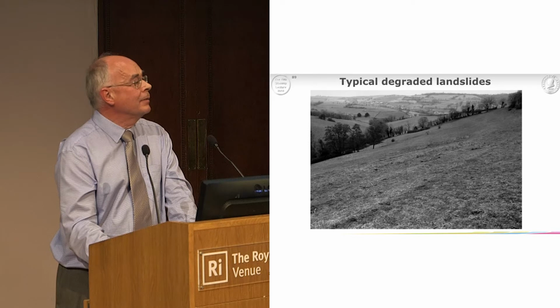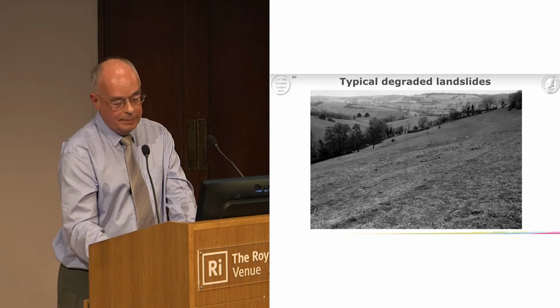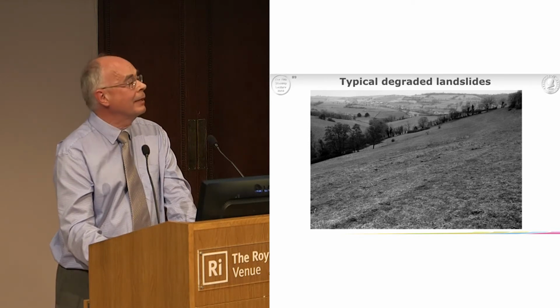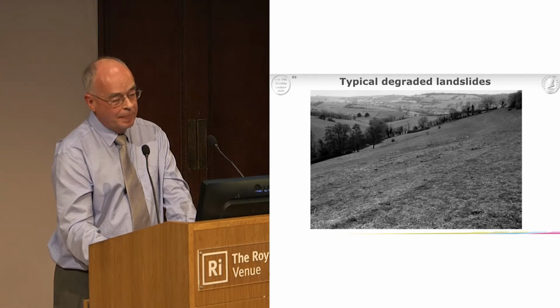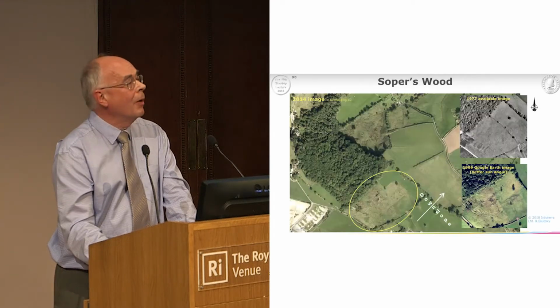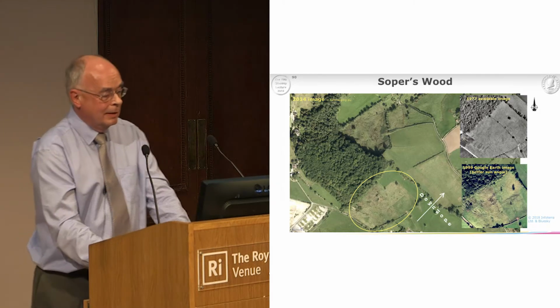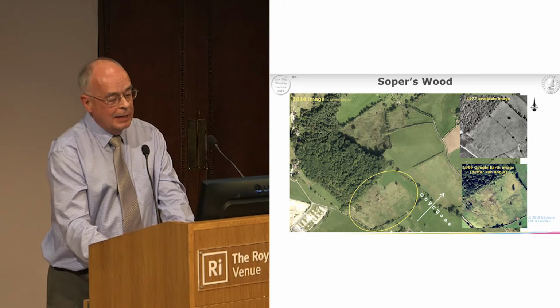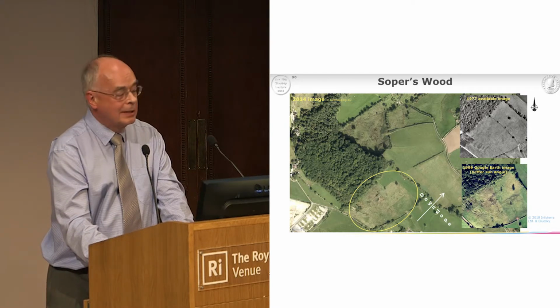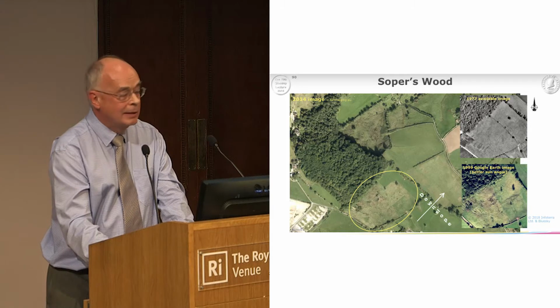This is the upper slope, and this is what it looks like when you get on the upper slopes. This is full of landslides, but they're quite degraded, and you have to get your eye in. But a more obvious site is this one known as Soper's Wood. It's become a bit of an iconic site in that respect. It's not really the wood, it's actually the field just to the southeast of the wood